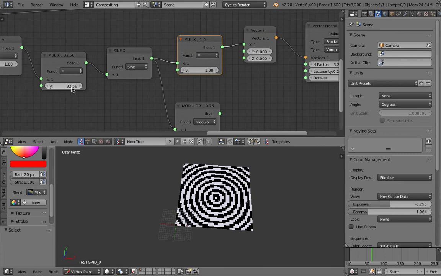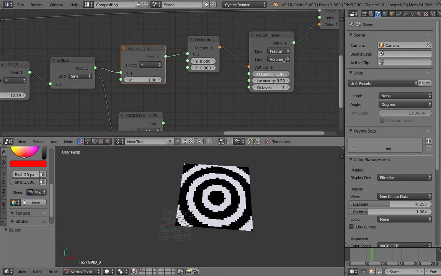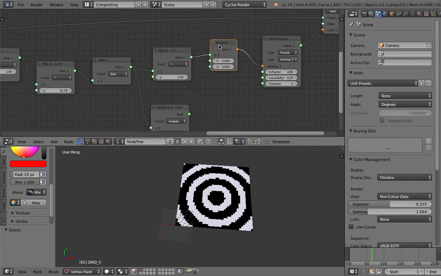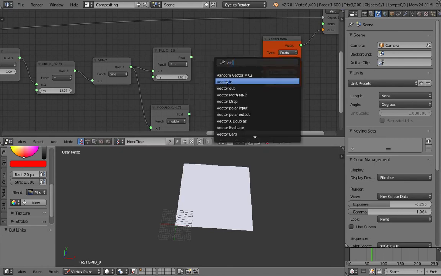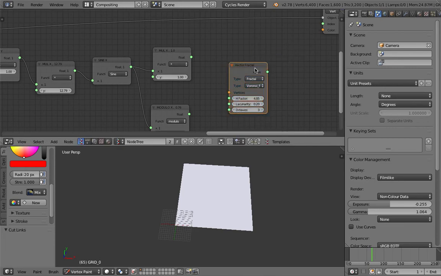I think we should be able to do that. Maybe this is better actually for the system. I think we shouldn't do it this way. We should do it